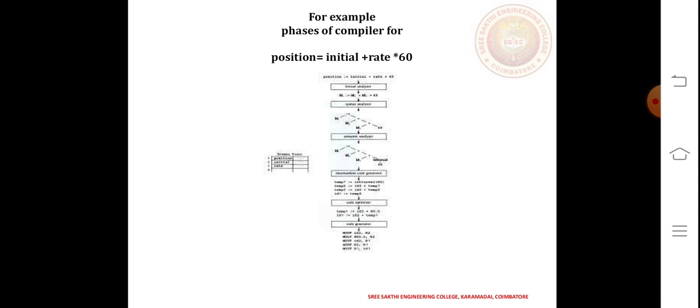After getting the output from the intermediate code generator, that will be given as an input to the code optimization. The code optimization is used to reduce the number of codes without changing the source meaning of the program. Once that has been received, that will be given as an input to the code generation phase. Here, the mnemonic codes, that is the target program, are received in this phase. That is the assembly level language or the low-level language. Now we will see each phase briefly.